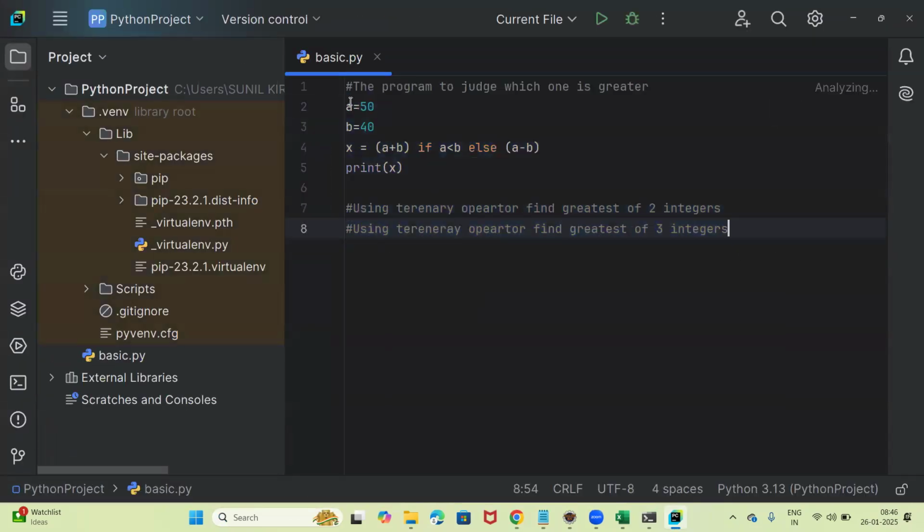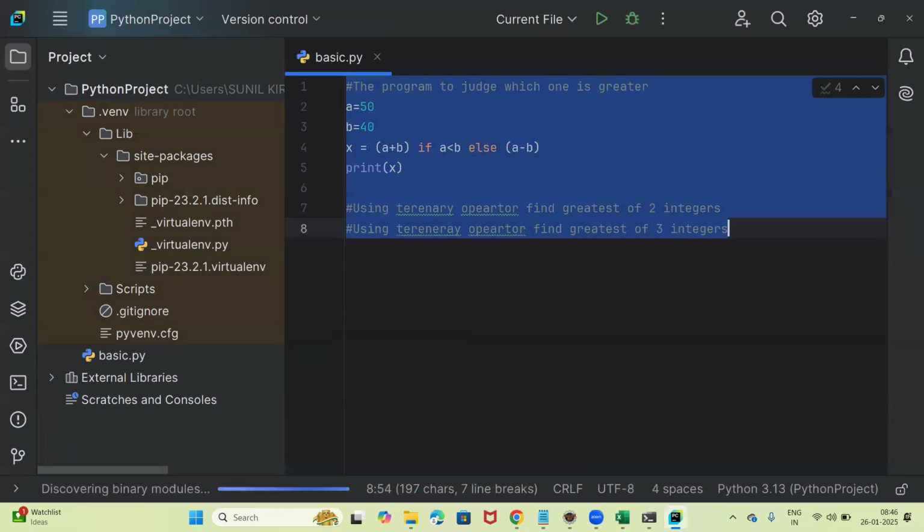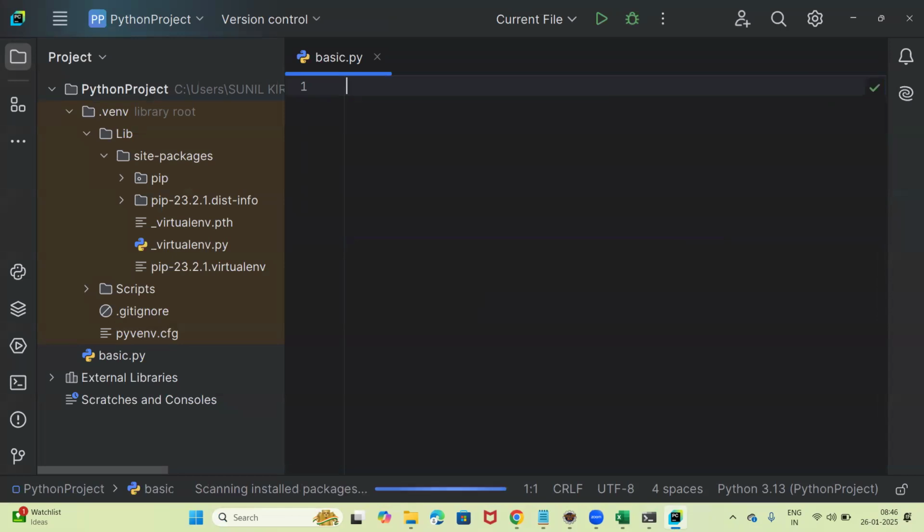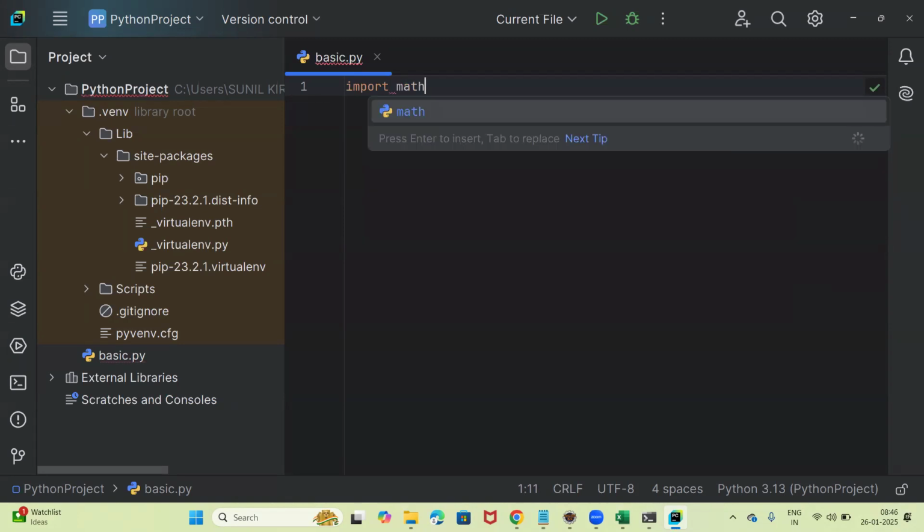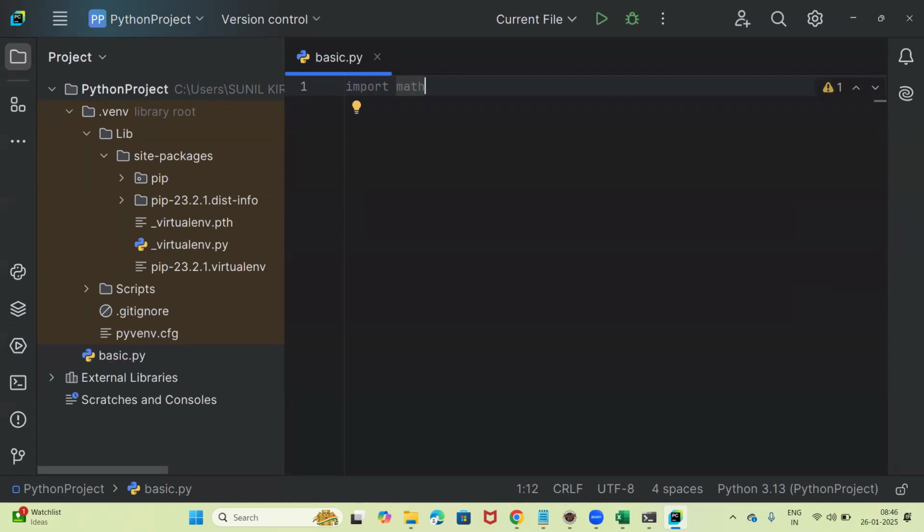Sushmita, can you tell me how can we import the math library? Yeah. Import math. Okay. Yeah. Print math